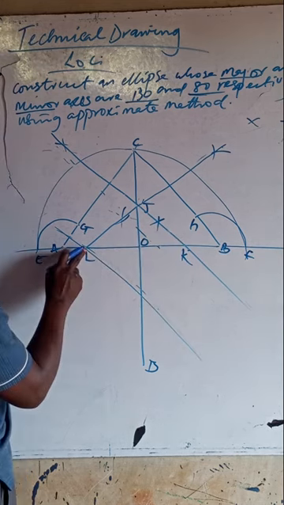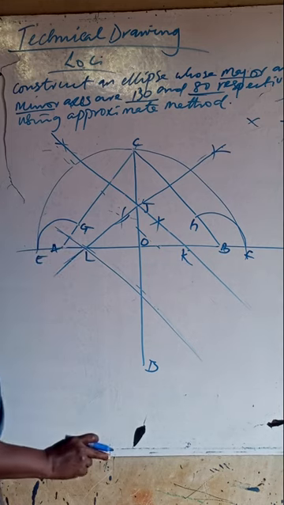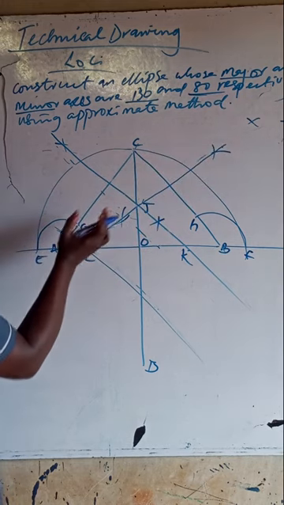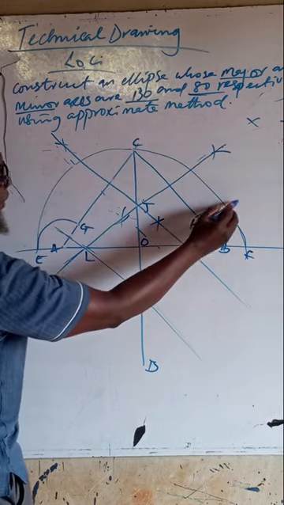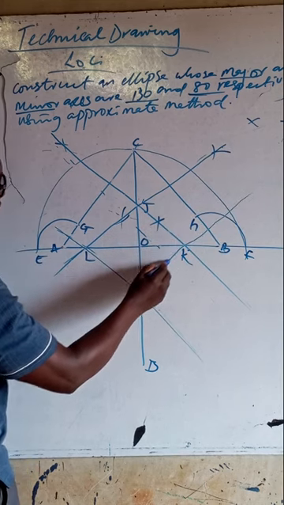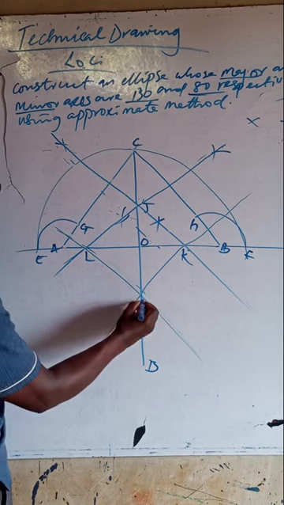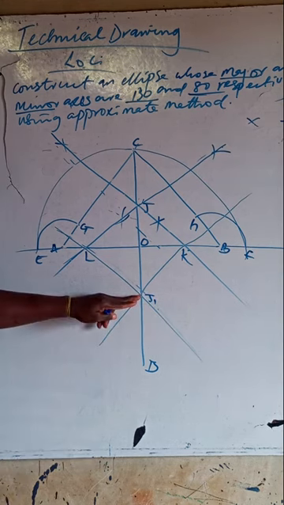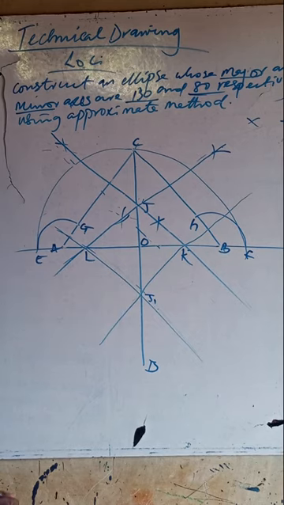This line, I've transferred it to L and extended it. Now the other bisector, this one, you also transfer that one to K. If you have done it correctly, they are supposed to meet at this point. Let's call this place J1. So now that you have done that,